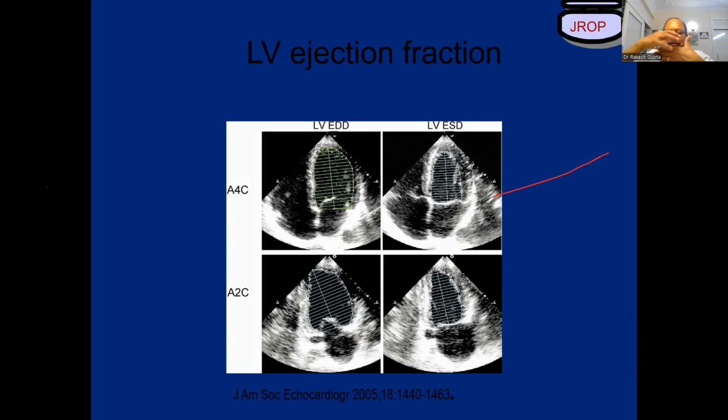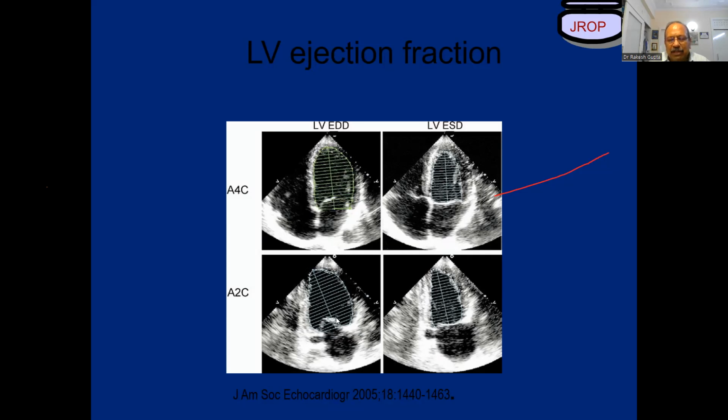Suppose this is the whole volume of a segment. What I always recommend is like you take an egg, let it stand up, and then cut the egg in one section. That is a 4-chamber view. Then you rotate that egg and cut the egg at a 90-degree angle. That would be a 2-chamber view. Then you calculate the ejection volumes of those 2 cuts, the 4-chamber and 2-chamber, and average